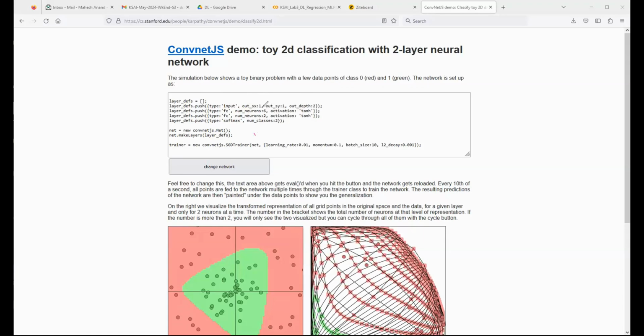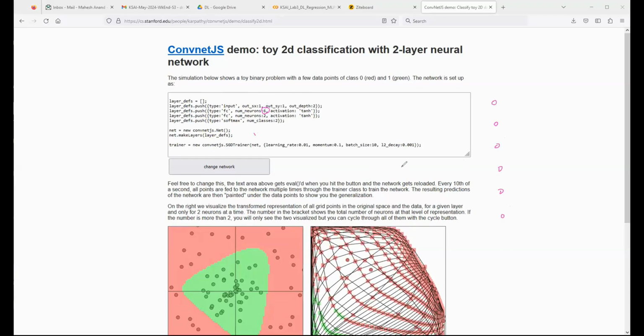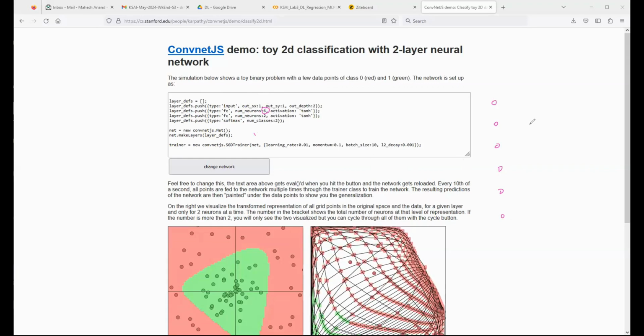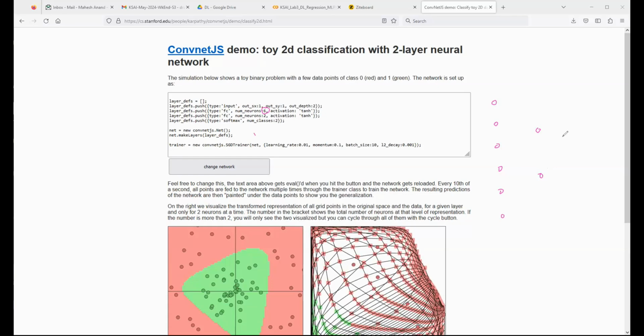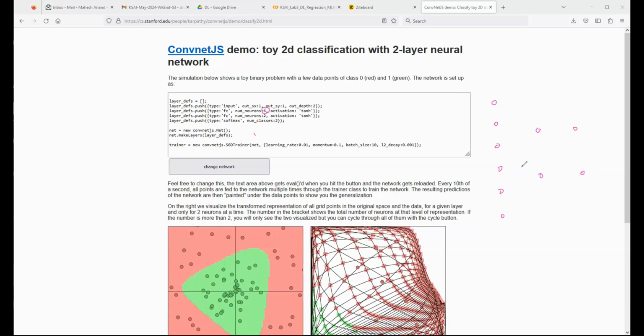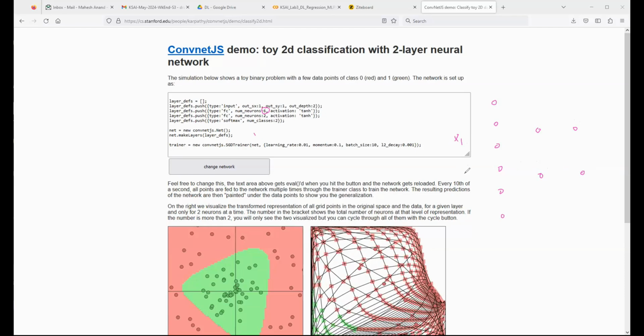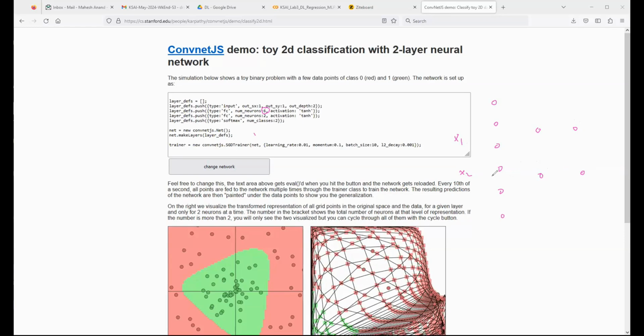Can you see it specifies the first hidden layer? It is going to use 6 neurons: 1, 2, 3, 4, 5, 6. In our code, we have transformed the 2 inputs to 3 neurons, right? Here they are transforming to 6 neurons. And second, one more hidden layer, which comprises 2 neurons. And this is the last output layer, which is one hot encoded, 2 neurons. And your input is 2 variables, like 2 features, x1 and x2. This is the architecture. Unlike our code, which uses 1 hidden layer, this is a 2 hidden layer